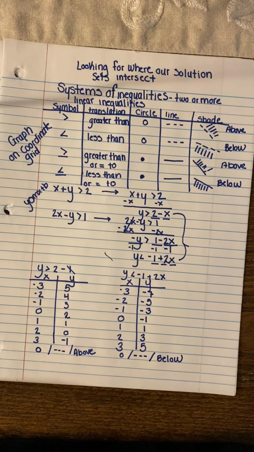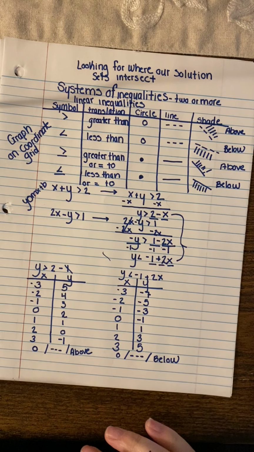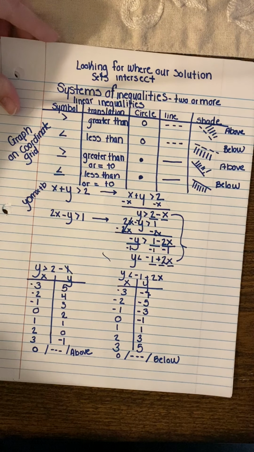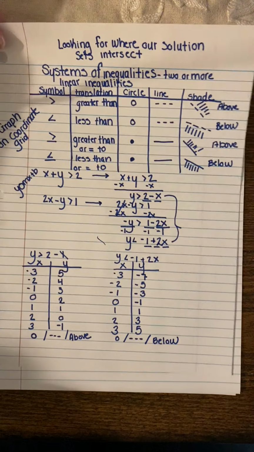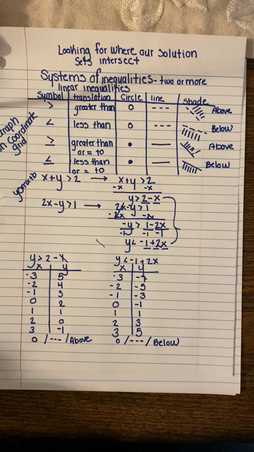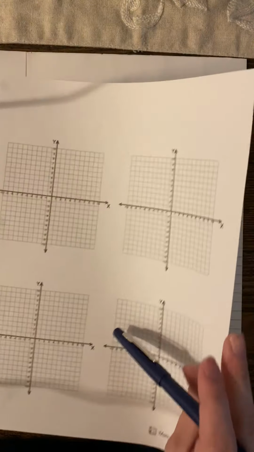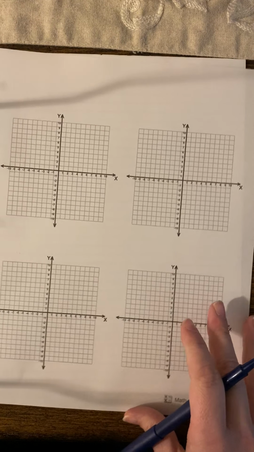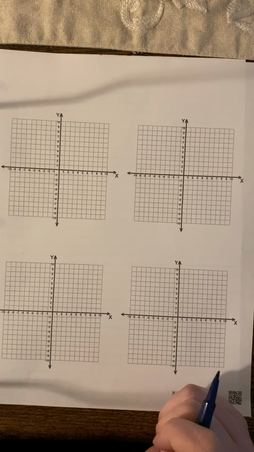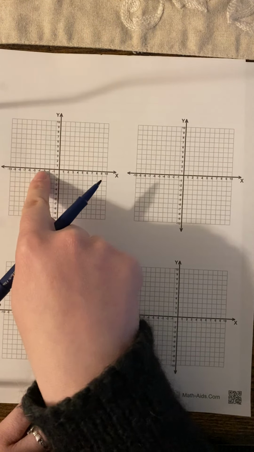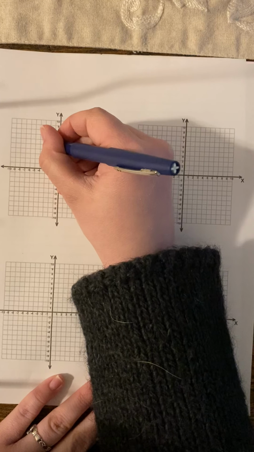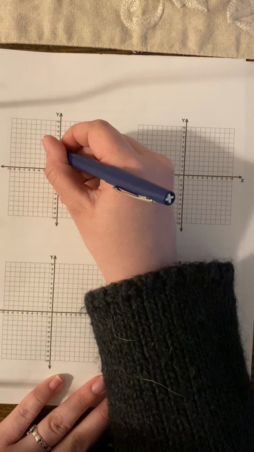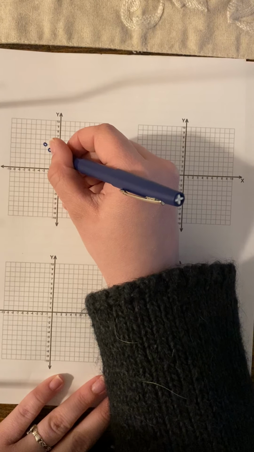Okay, so I'm going to take out my graph paper and we are going to graph these two linear inequalities and figure out where their solution sets intersect. So here is our grid. So I'm going to start plotting these points. I'm going to plot for y is greater than 2 minus x. I go to -3 up to 5, and I put an open dot. -2, 4, -1, 3,